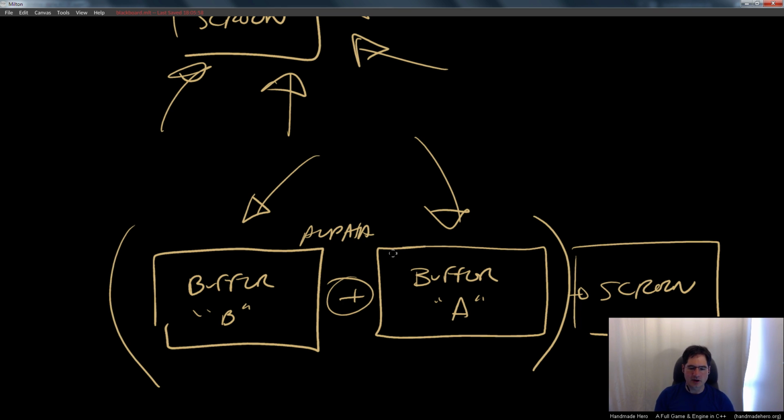And again, the reason we want to do that is so that we can apply a uniform alpha fade to this buffer, or, well, we can choose whichever buffer we want to be the one that we're fading in and out, without having separate pieces become see-through. Hopefully that makes sense. So that's what we need to do.